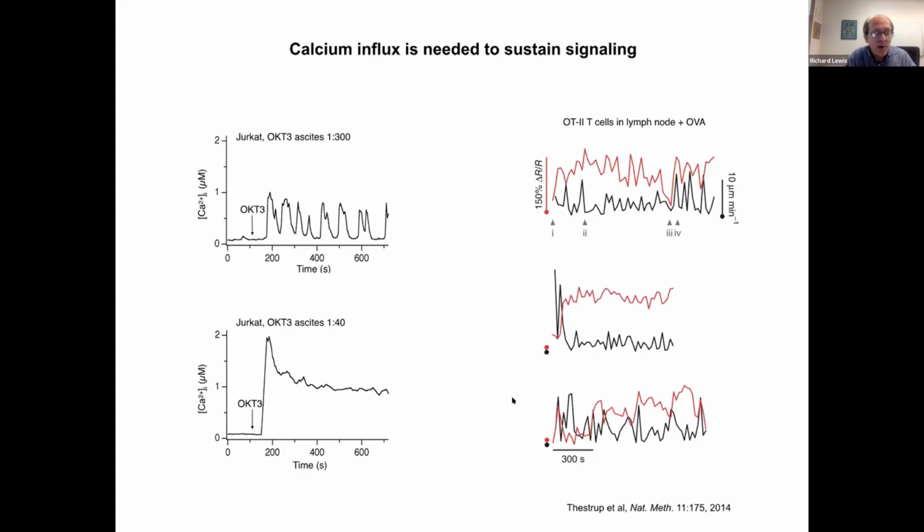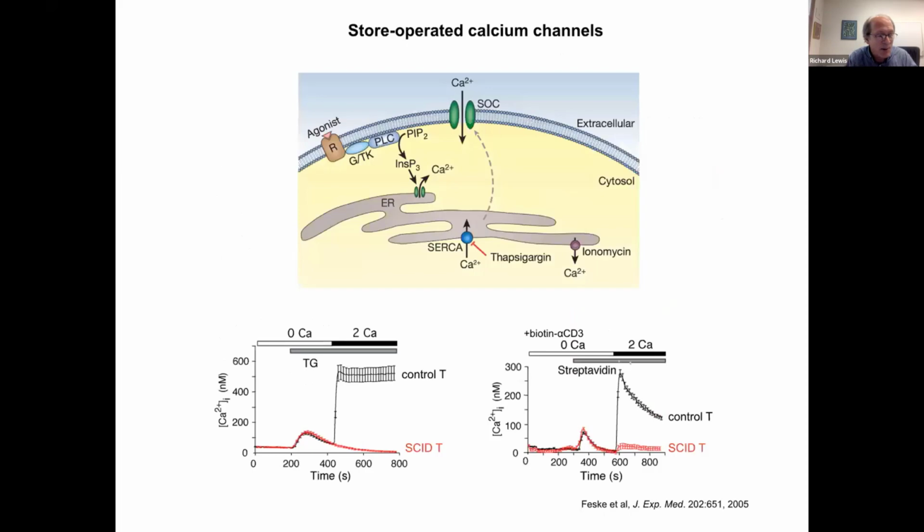Well, where does the TCR-mediated calcium influx come from? Well, you've heard this several times already, and I feel like it's almost a broken record at this point, but I'll continue. They come through store-operated calcium channels. These are a class of channels that are present in just about every cell type in the body, and they're activated by depletion of calcium from the lumen of the ER that follows IP3-induced calcium release.